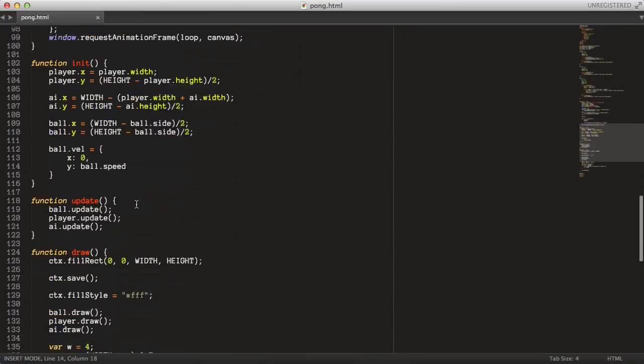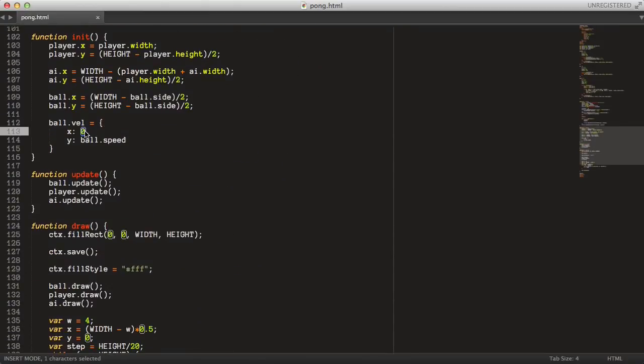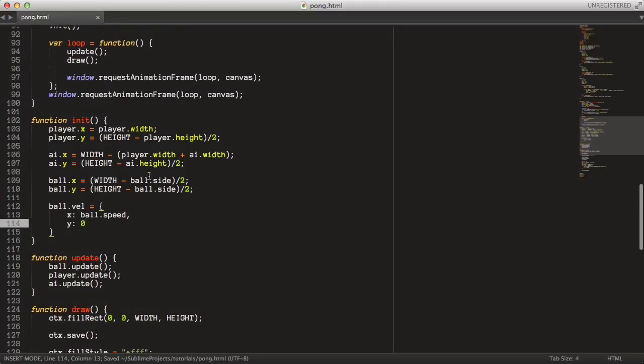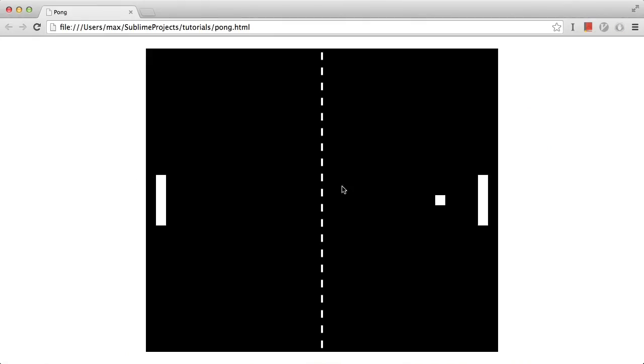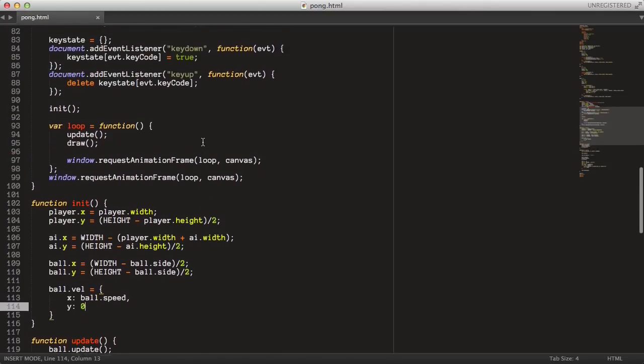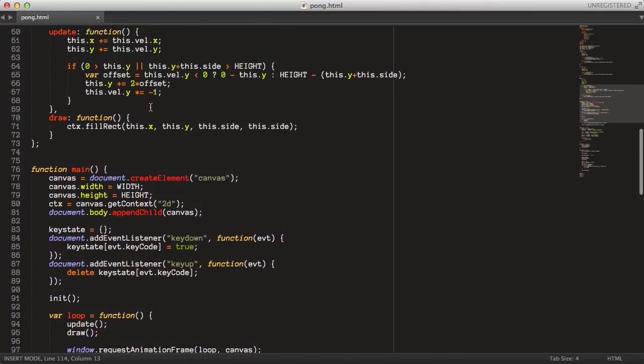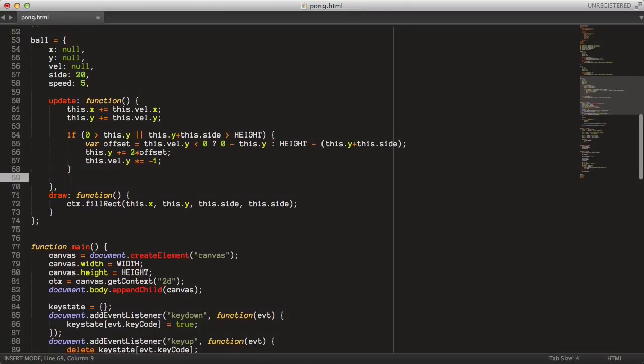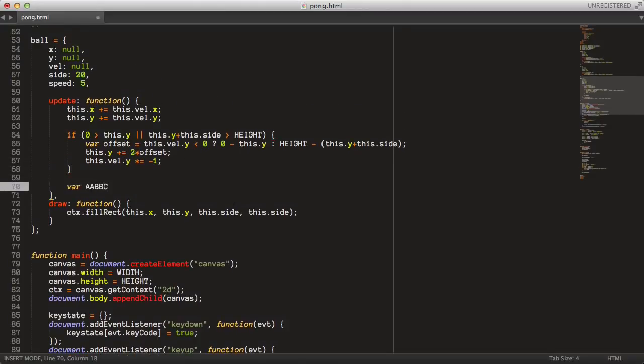So we can do the X collisions here. So we do it like by setting the velocity here to the X, and now the ball should be going to the right. And to check if it hits a box here or rectangle, we need a helper function in the update method of that ball here. So I will call that AABB intersect,